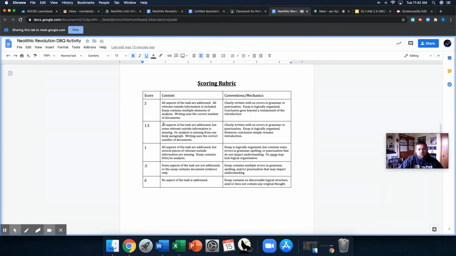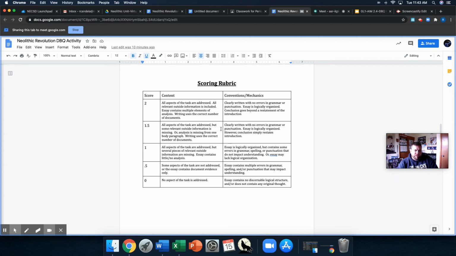If you look at a score of 1.5 and what that looks like, all aspects of the task are addressed, but some relevant outside information is missing. So maybe you address all aspects of the task, but you're a little short on details, okay? Or analysis is missing from one body paragraph. So maybe you don't have any analysis in one paragraph, but you do in the other. That could get you a 1.5. Or maybe you do have analysis, but you're short on details. That can get you a 1.5 for content, okay? And you can go over this yourself as you look. I just wanted to draw your attention to what the distinctions are between the different scores, 2, 1.5,